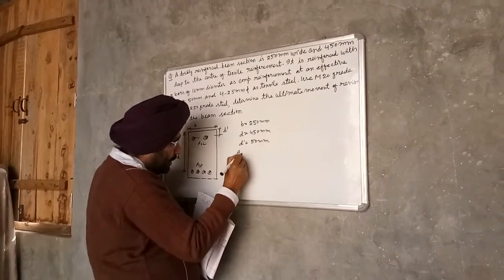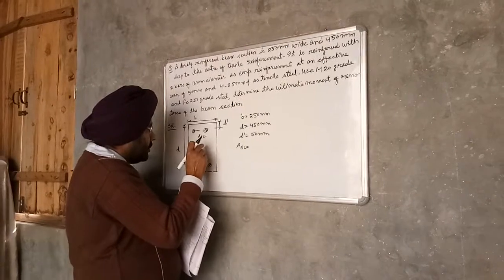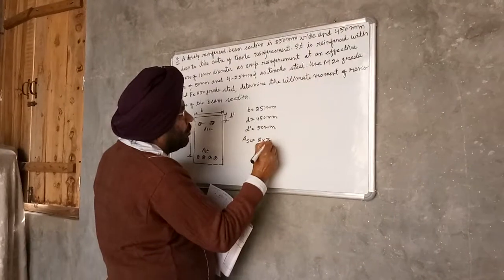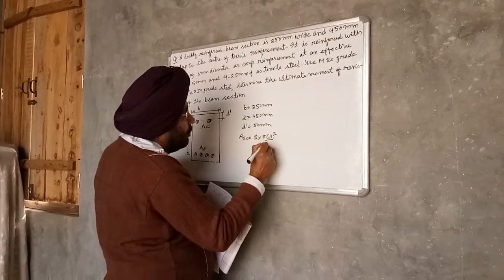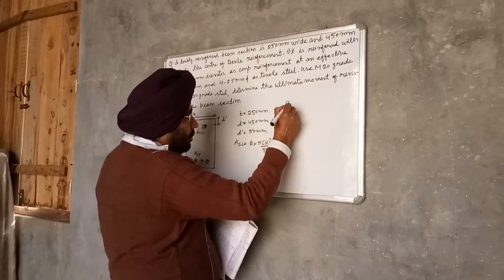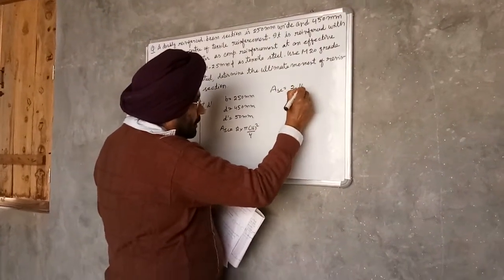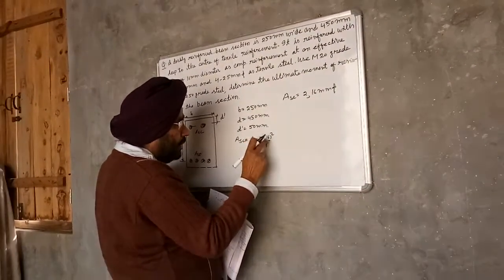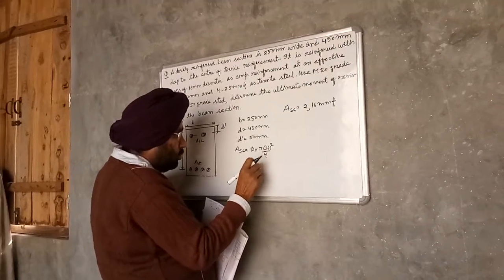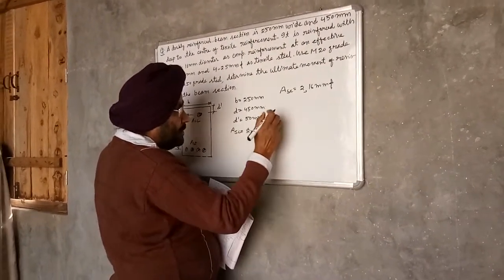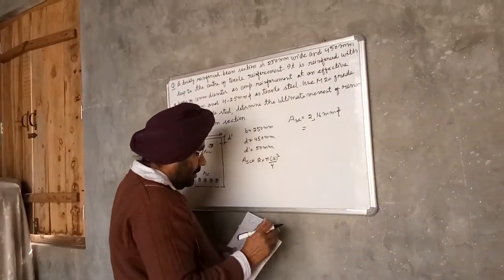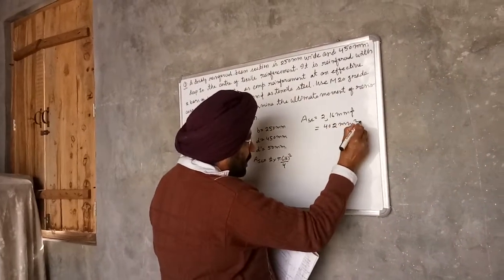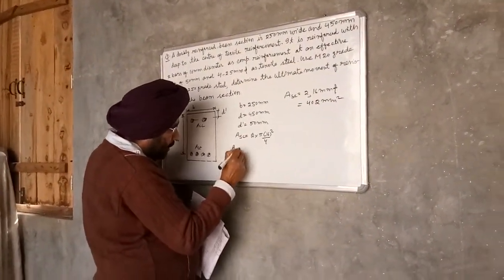and area of the compression reinforcement Asc. So Asc consists of two bars of 16 mm diameter. The cross section area of one bar is pi d square by 4, pi into 16 square upon 4. There are two bars, so multiply by 2. So it means Asc is equal to 402 square millimeter,